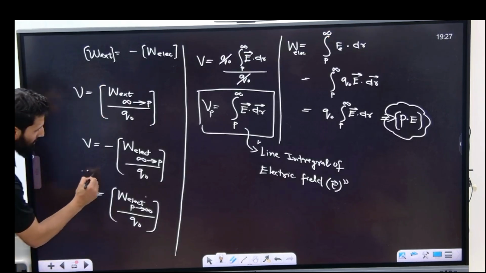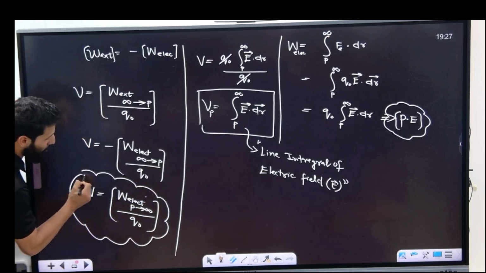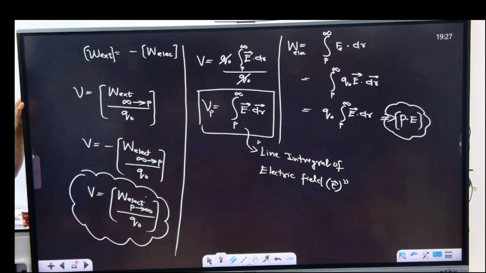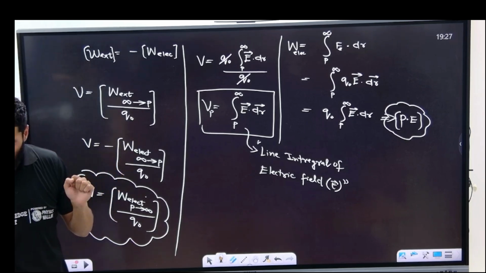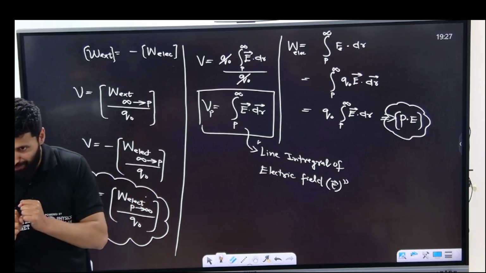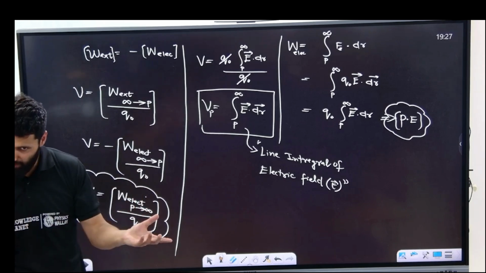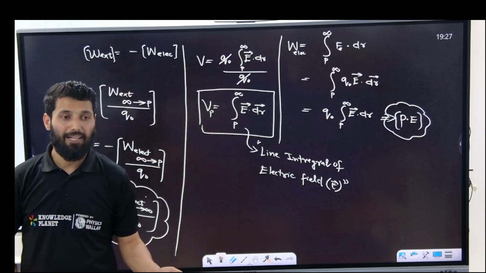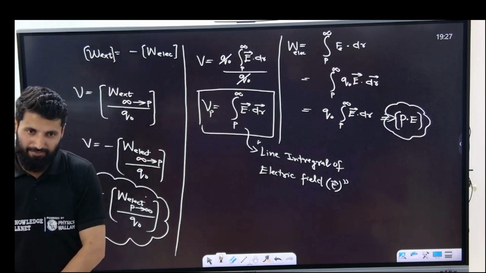Now you have to remember this. Potential, remember two things here. Potential is the work done by, again I will repeat so that you will remember, work done by electrostatic force to bring the positive test charge from P to infinity, not infinity to P. For external force it's infinity to P. For electrostatics it's P to infinity. One. Second thing, potential at any point is defined as line integral of electric field. Yes or no? These two things you remember.